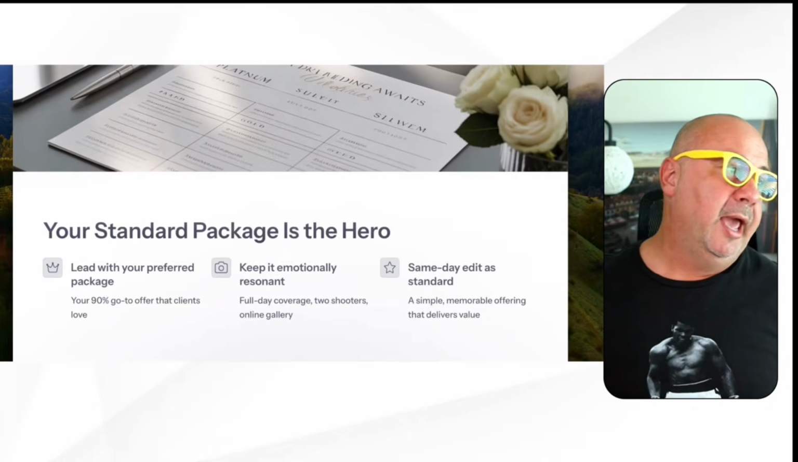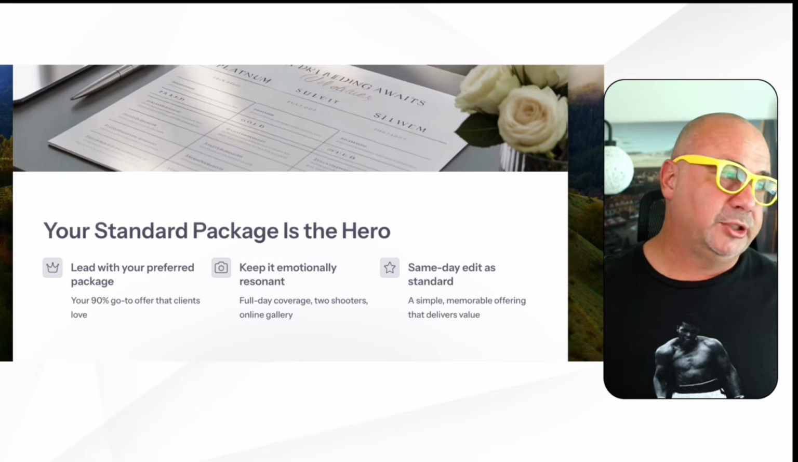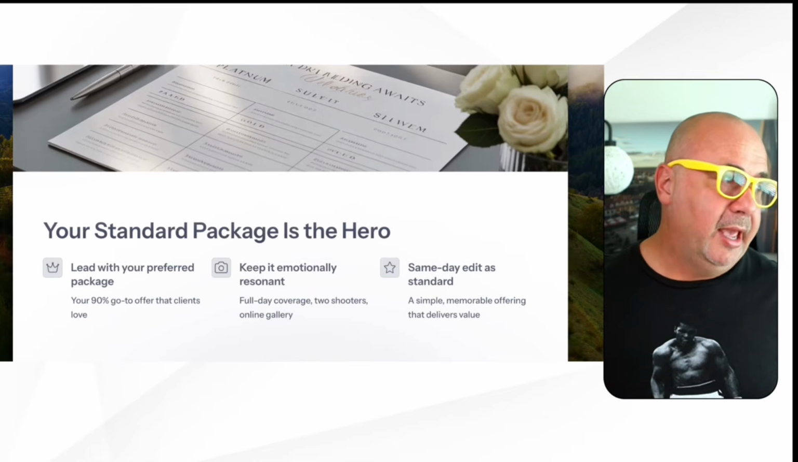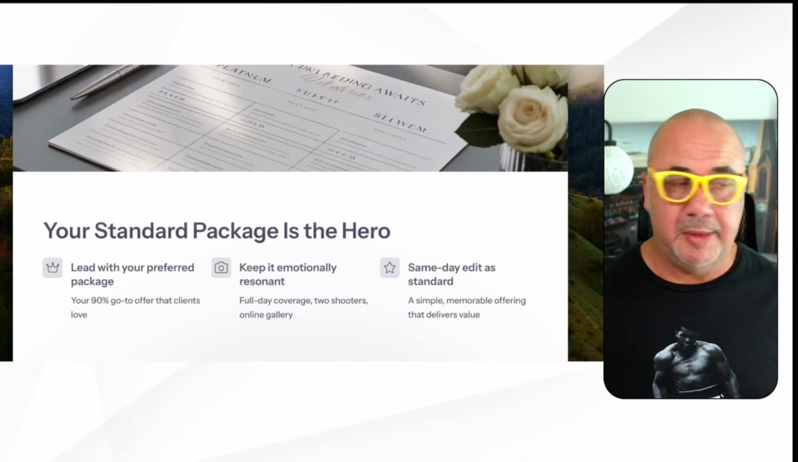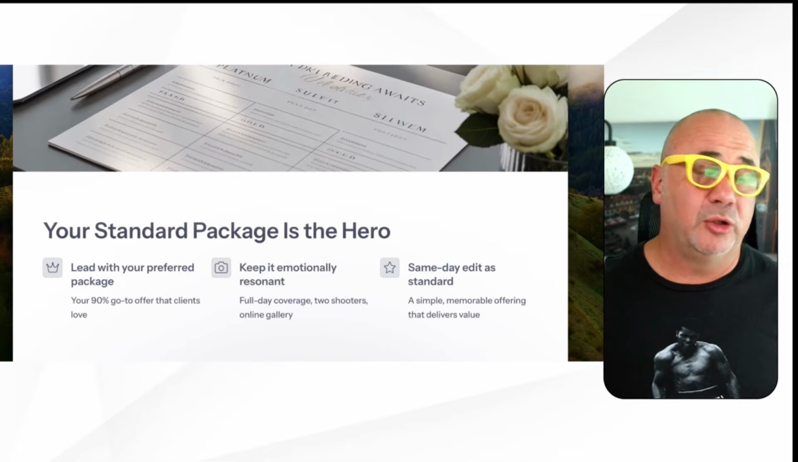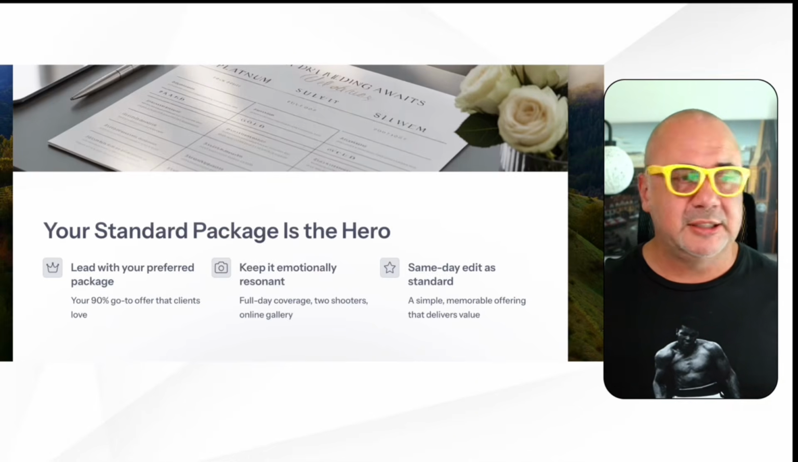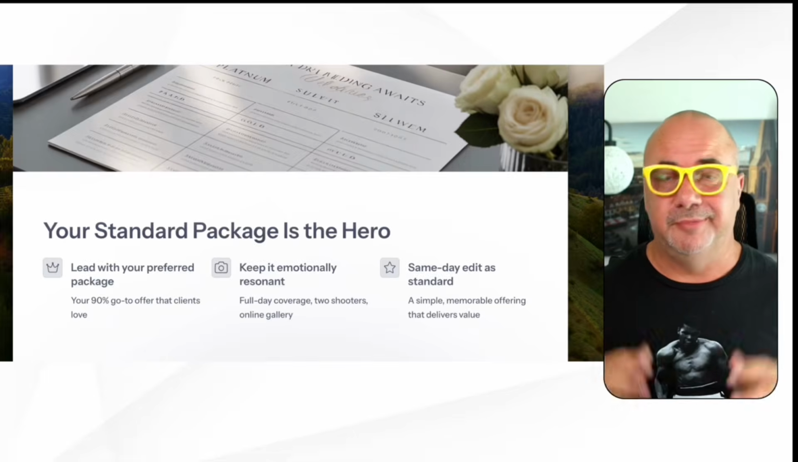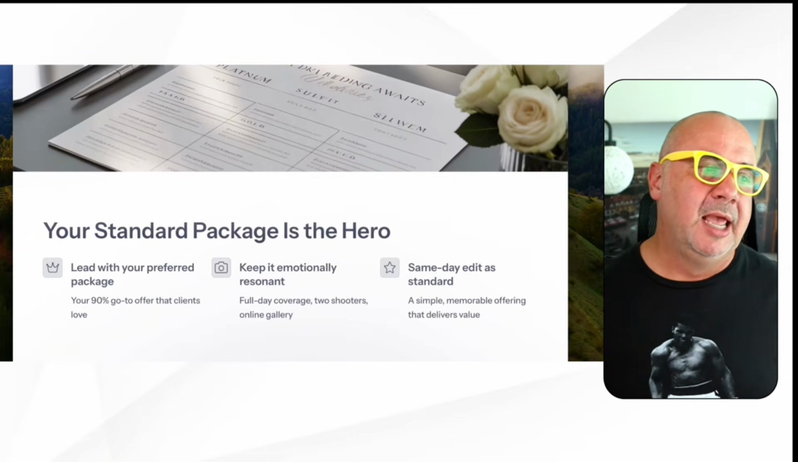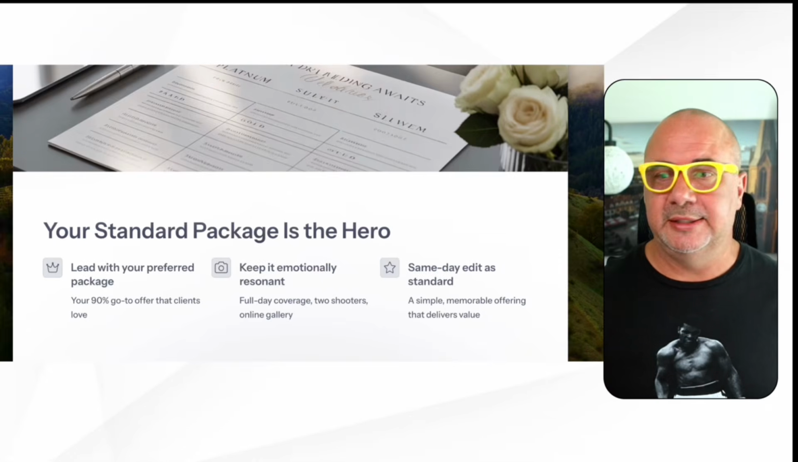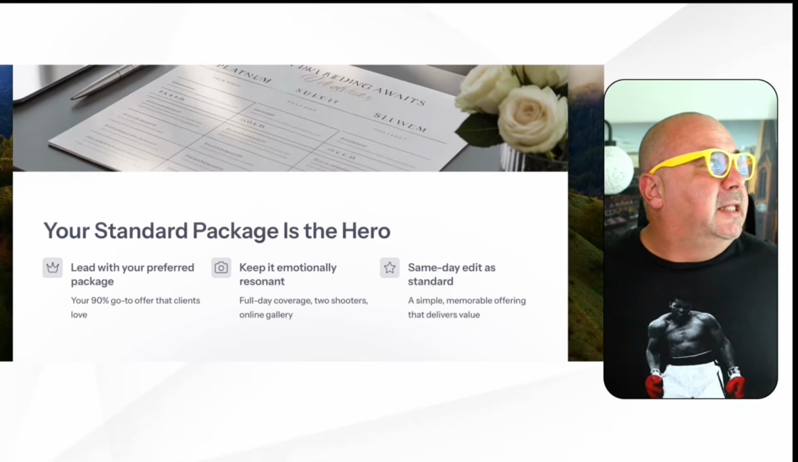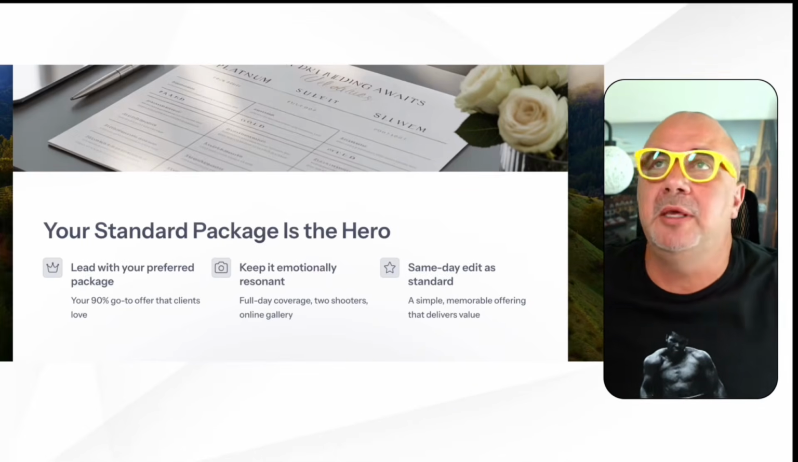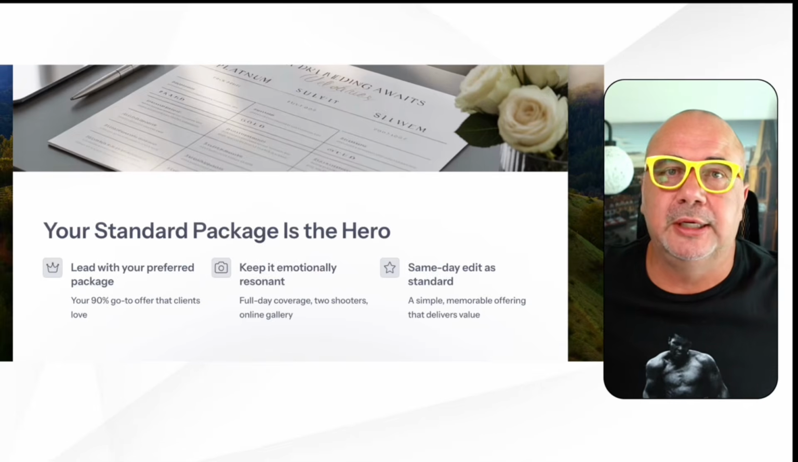So with that being said, I'm going to move on to the second slide here. This one says your standard package is the hero, and lead with your preferred package. Keep it emotionally resonant, like I mentioned earlier. I also included same day edits, not something that everybody does. I tend to do it for different purposes, including marketing purposes, but same day edits as a standard included in the package. But let's pause here for a second and let me unpackage this whole